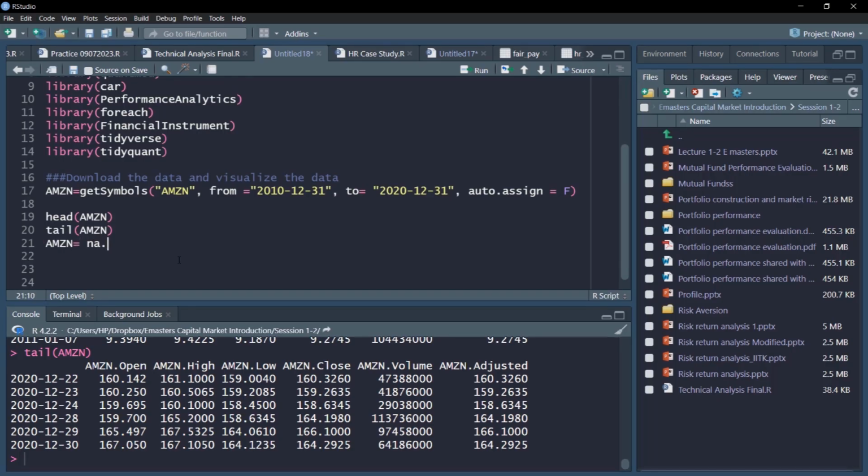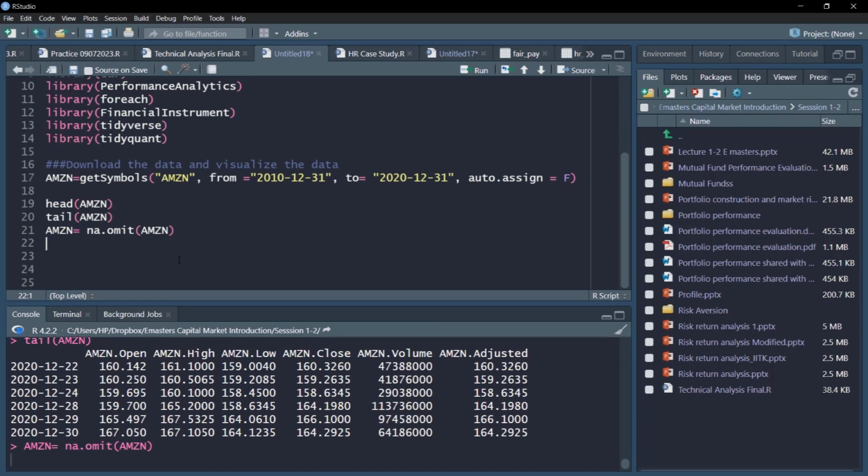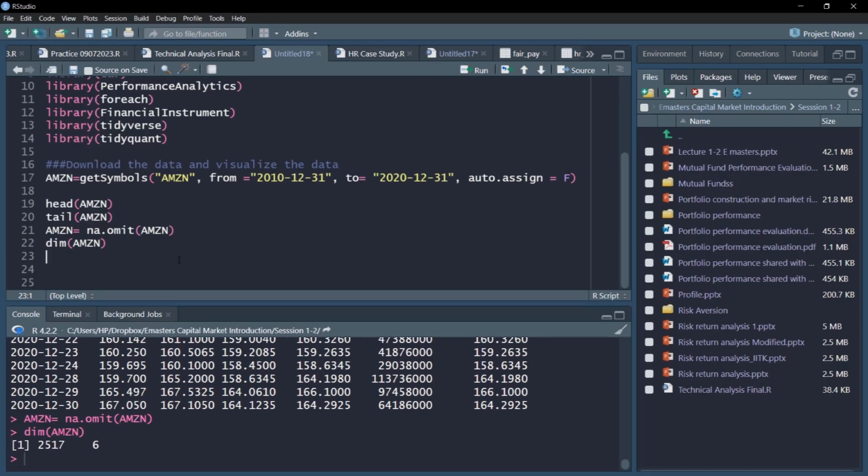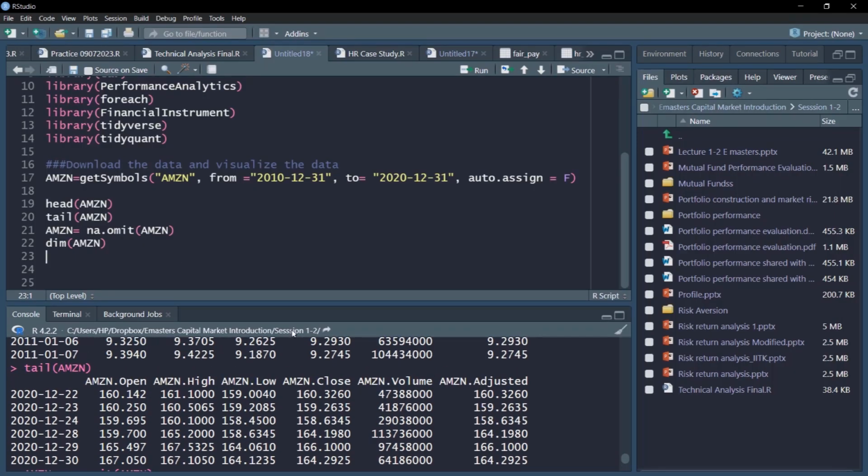So you can use na.omit to remove any missing observations that may or may not be there. So now we have removed any NA, not available, observations. Next we'll see the dimensions: we can see 2517 rows and 6 columns, which are the variables that we just discussed.